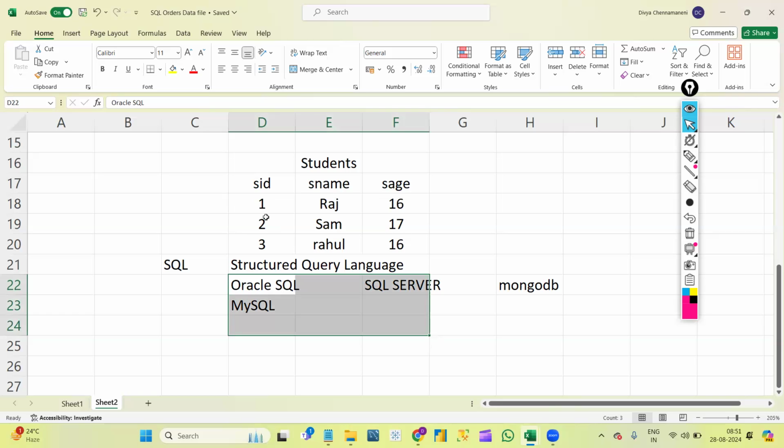We can handle everything. In some companies MySQL will be used, in some companies SQL Server will be used. The same work will be done whether it is any different tool. The concept will be the same. We can handle everything with any of these tools.